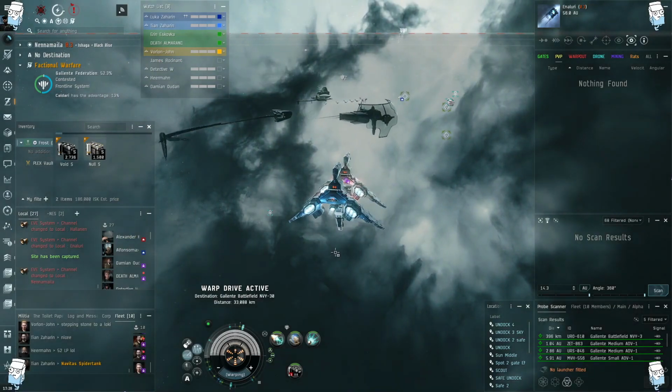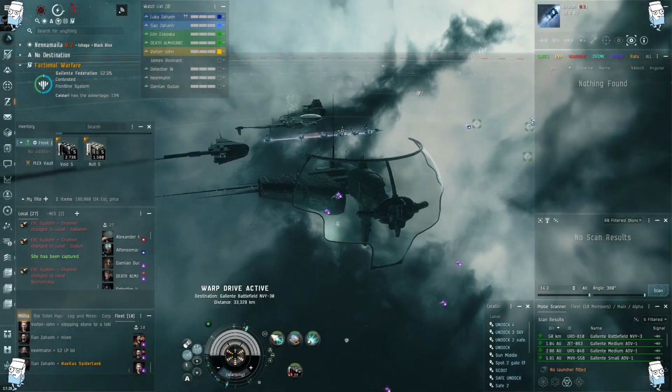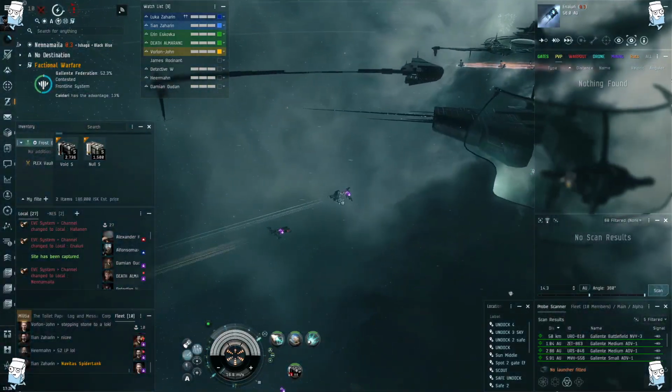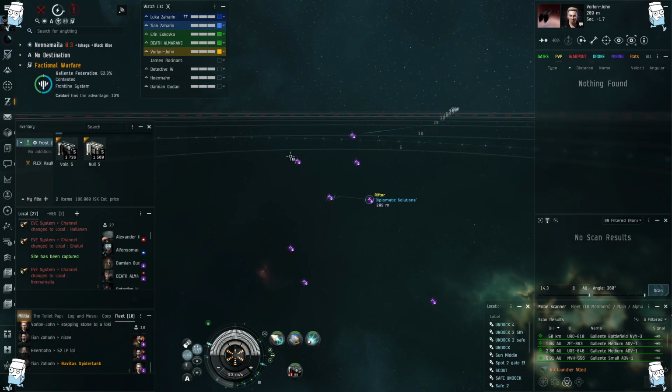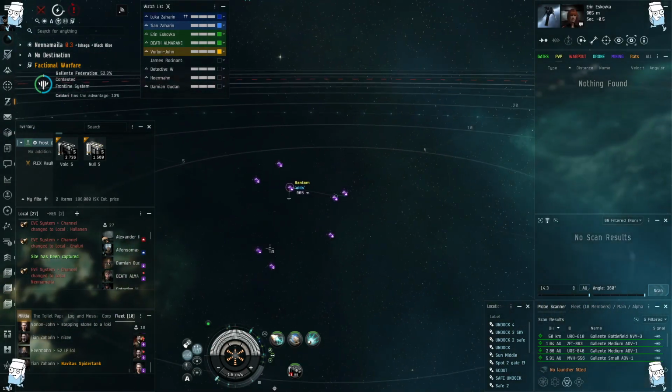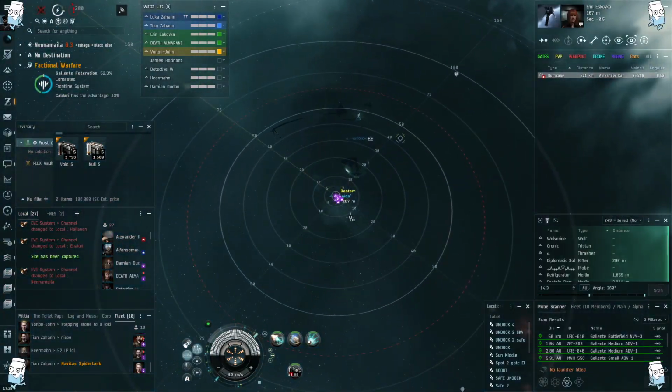Hello everybody, welcome here. We're just doing a recording for today's video on a fleet roam with a bunch of Merlins. We do have a fast tackle Rifter, and we have some Logi in between, so that's always a fun time. There's the Hurricane that we...